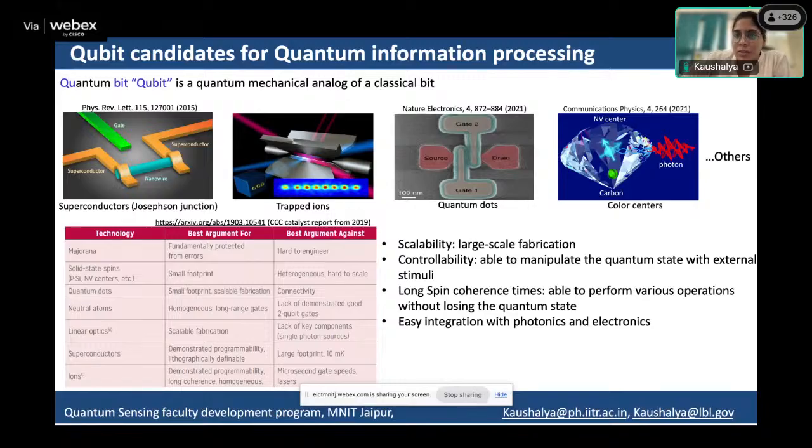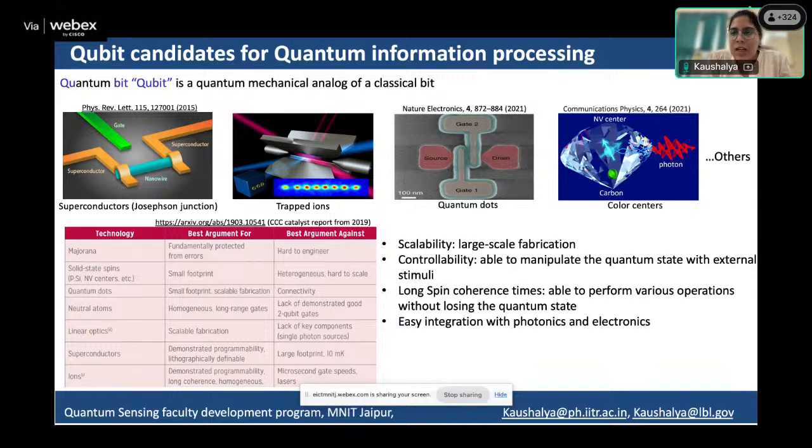Most of these quantum systems we have till now have sources of noise, and that negatively influences the spin coherence times. When I say spin coherence times, I mean if you start with a particular quantum state, then your system should stay in that quantum state until you are done with whatever operations you are performing with your system. Otherwise, if in between you lose the quantum state, you cannot rely